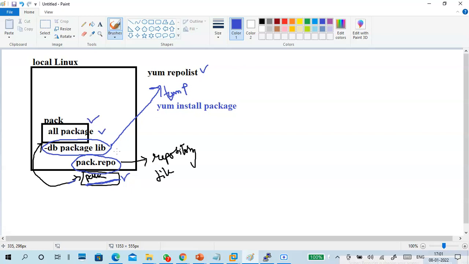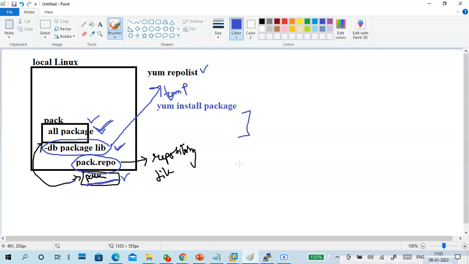Second, this database will tell you how to load other packages also. That's why when I installed LVM2, I showed LVM2 plus dependencies will be installed automatically. You don't need to install them individually, because this database tells you all the packages available here, and the dependencies will be resolved automatically.